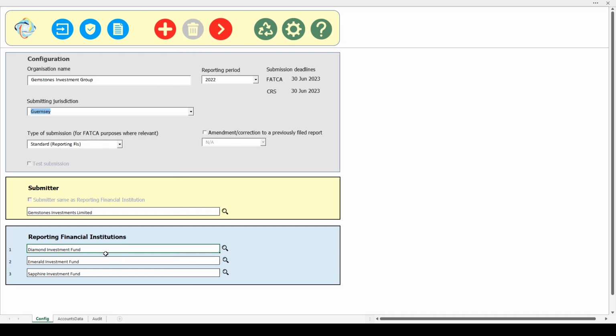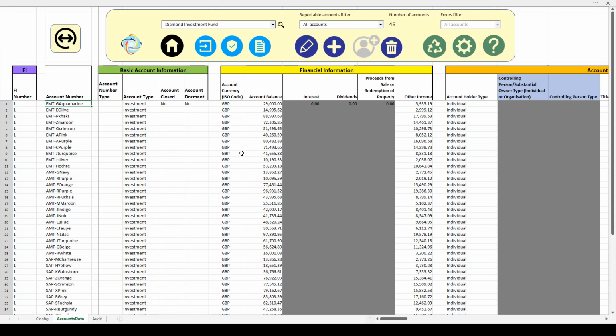What I'm now going to move on to is the accounts data. If I select a particular FI and click on this arrow to go to accounts data, I'm now going to see all of the accounts for that particular FI. In this version of the template, all of the accounts for all of the FIs are on a single accounts data worksheet.